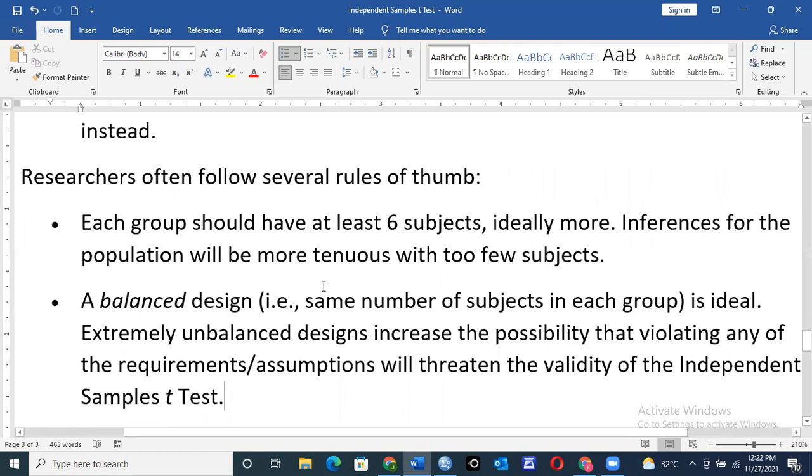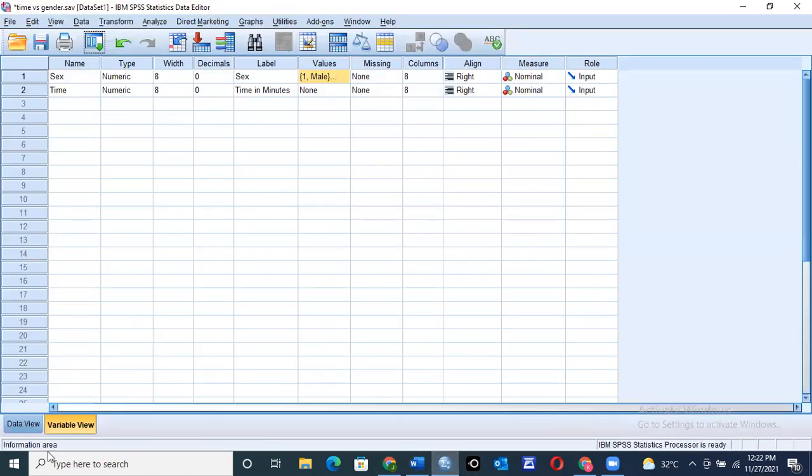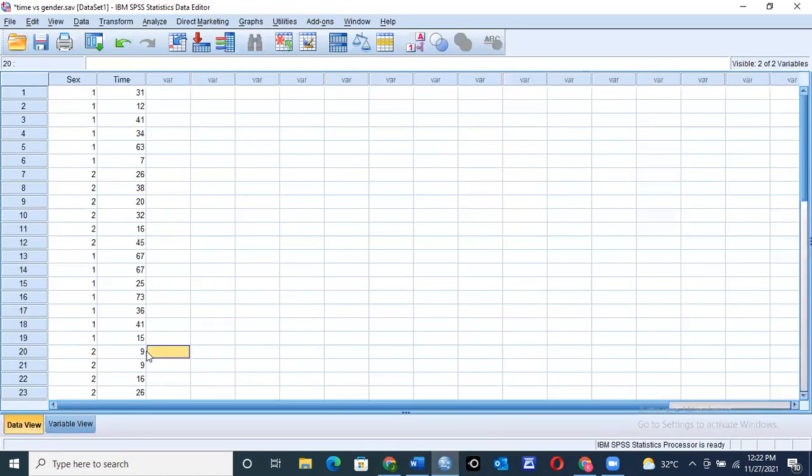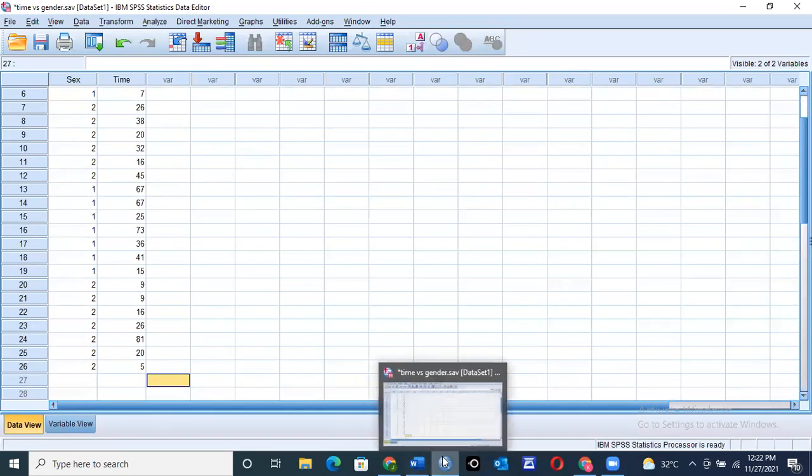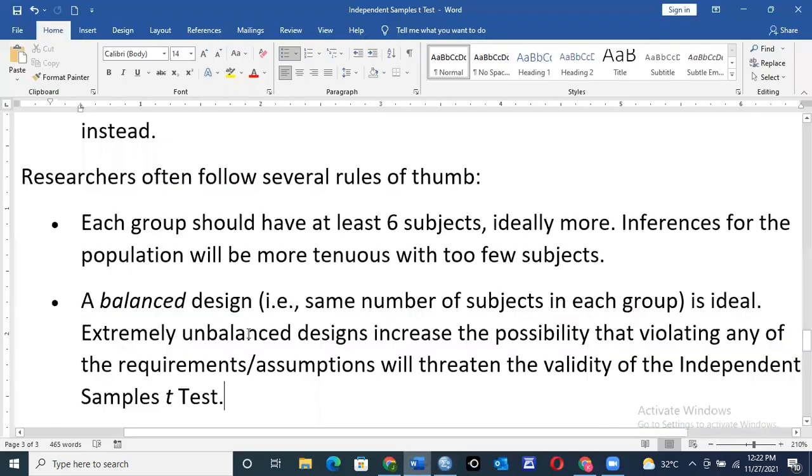Some of the key notes for researchers to take home: each group should have at least 6 subjects, ideally more. Inference for the pool will be more tenuous with too few subjects. In my case, my data is reading all the way up to number 26, so I have a good number of subjects to enable me to run that test, and a balanced design.